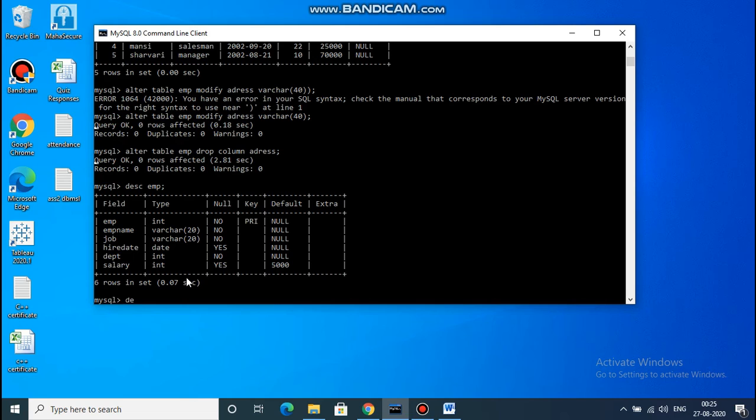So we can use delete command over here. Delete from emp where emp name is equal to Smith. Delete from emp where emp name is equal to Smith.